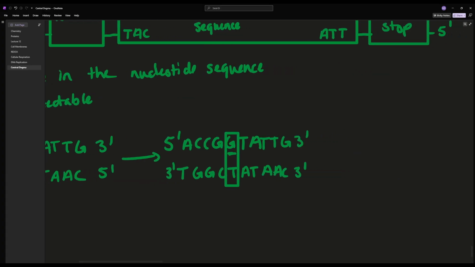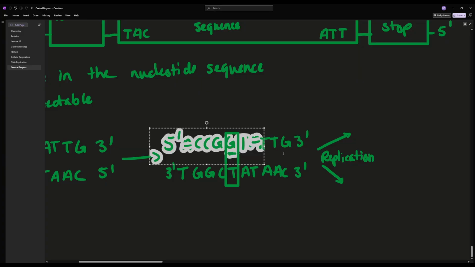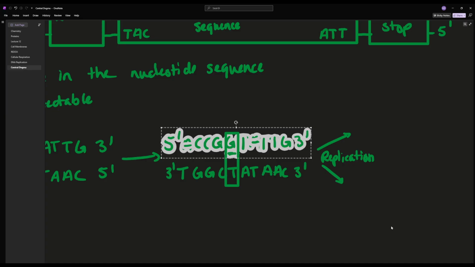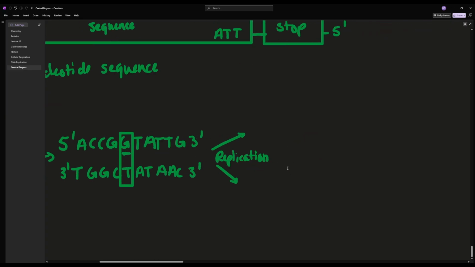This would be an error in something like replication. However, if this does not get detected, then what's going to happen is the cell is going to replicate. After replication, each of these are going to be used as their own template. Remember the semi-conservative model. So each of these will be a template. So if we do that,